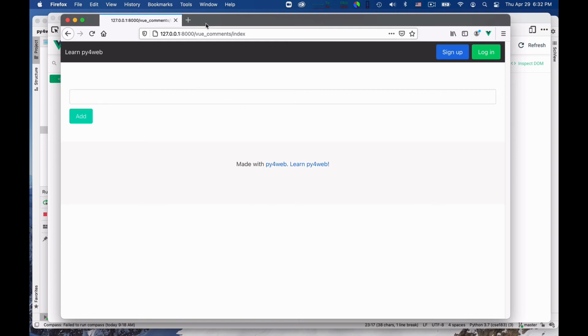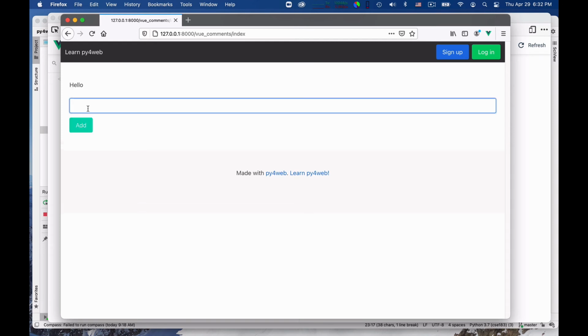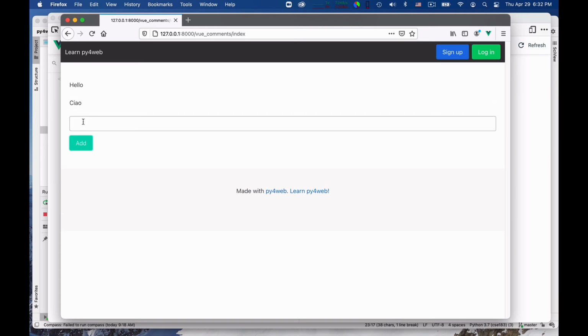Okay, but so I loaded the page, the index page of my application Vue comments. I can load it, and this is what I get. Okay, and now here I can say, for example, hello. I click here, and it seems to work. So miraculously, we have not actually made mistakes.